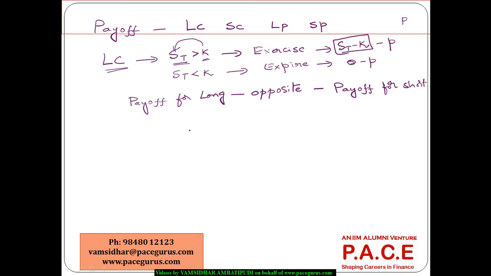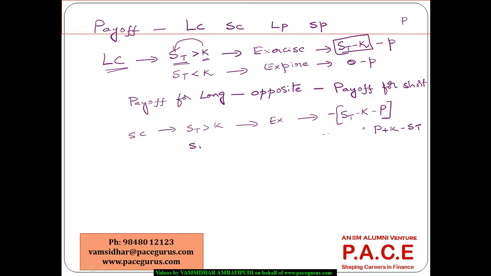So if ST is greater than K, in case of a short call position, the long is going to exercise it, which means for the short it is going to be minus of ST minus K minus P,